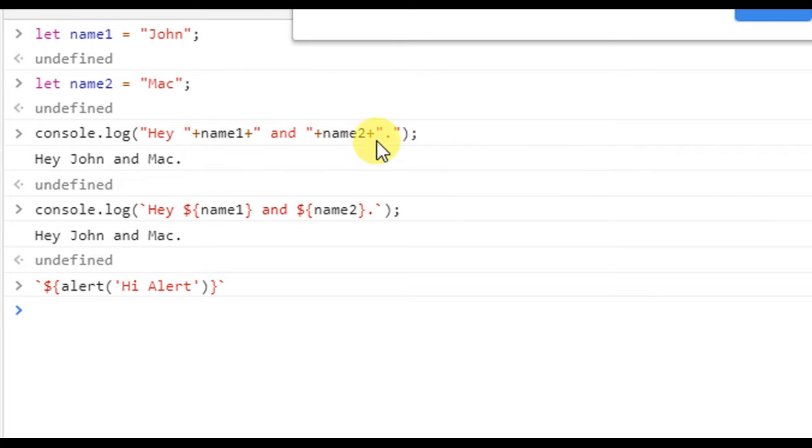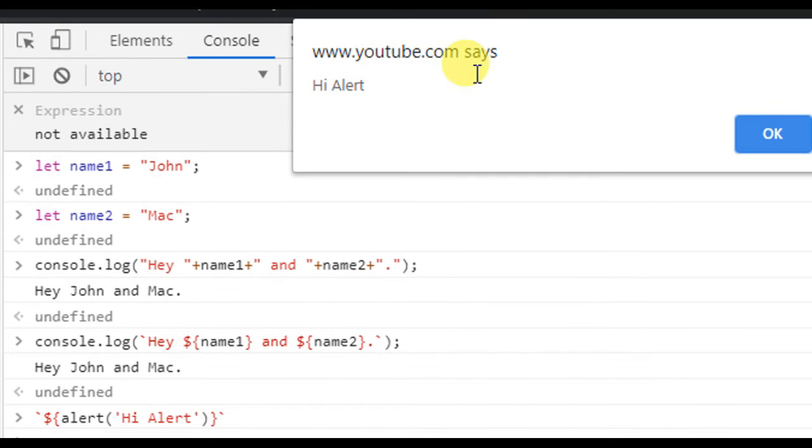See, hi alert. So you can write any JavaScript code inside the template literal.